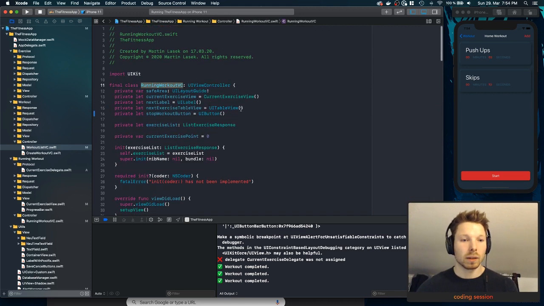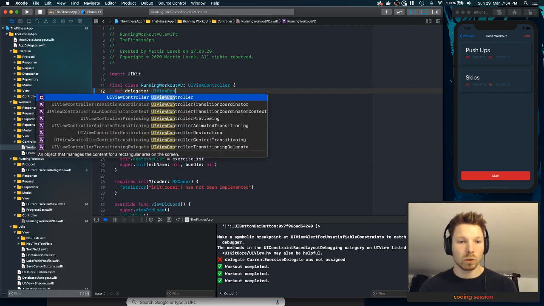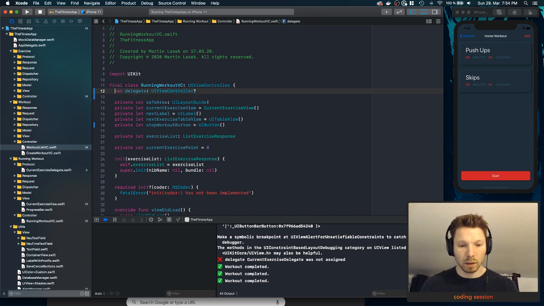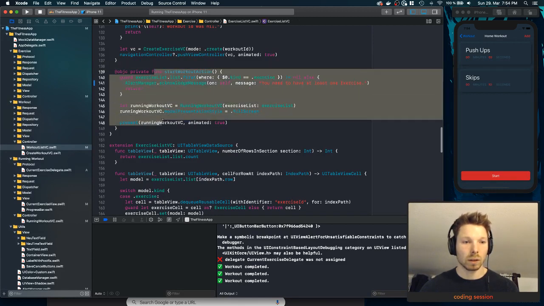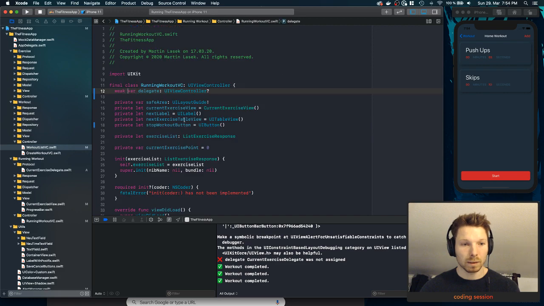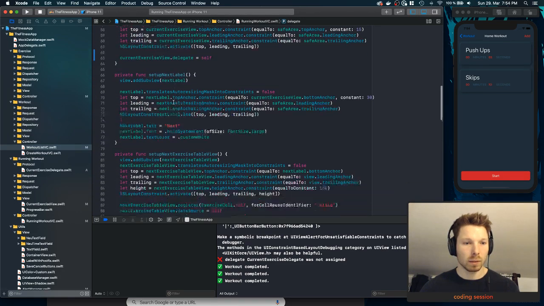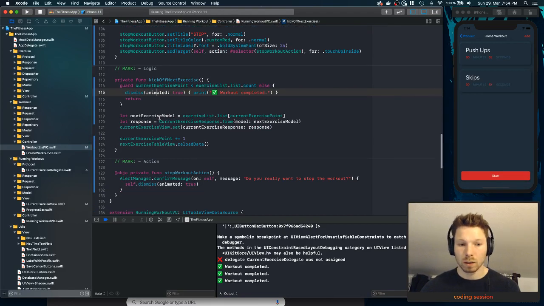That means we need a delegate here. Var delegate UI view controller, and it's a weak one. Not necessarily needed weak, because we are not assigning this one to anything, like to the class itself. It's just a temporary variable, so we shouldn't have a retain cycle here. But what we're going to do is, when we want to dismiss here,